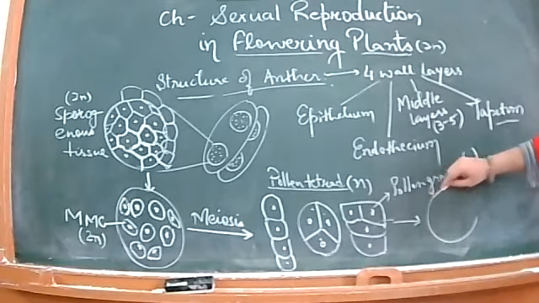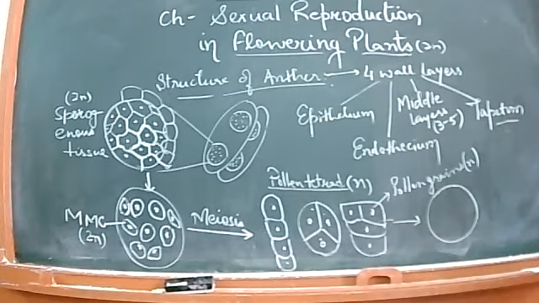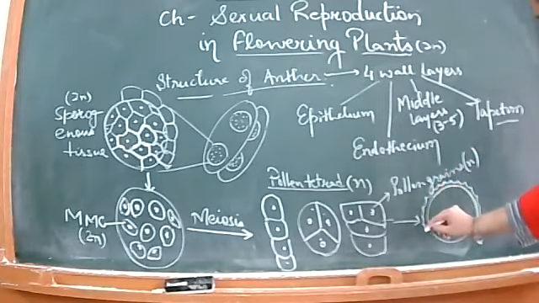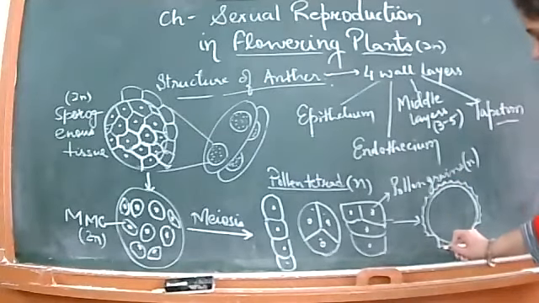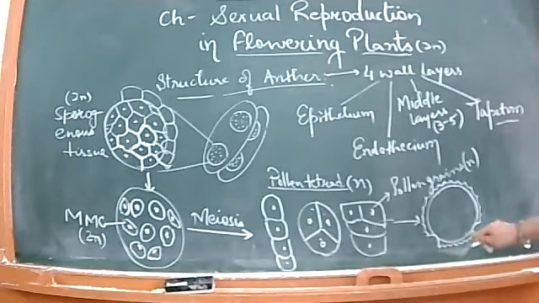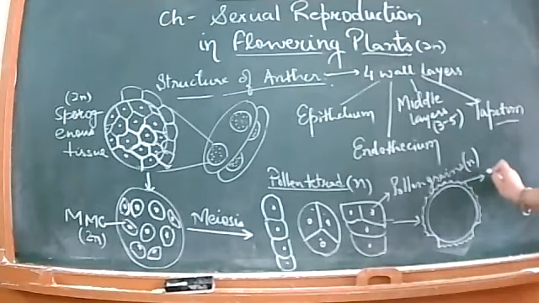One pollen grain has a special structure in which there is an inner intine, which is a smooth wall. Then there is an outer exine, which is dentated. Dentated means it is structured; you can write it in any way. And they have several apertures, which are called germ pores. So this is the outer exine and the inner intine. Okay, these are the 2 wall layers of the pollen grain, exine and intine.